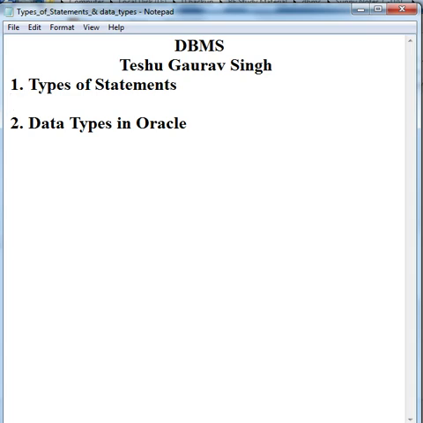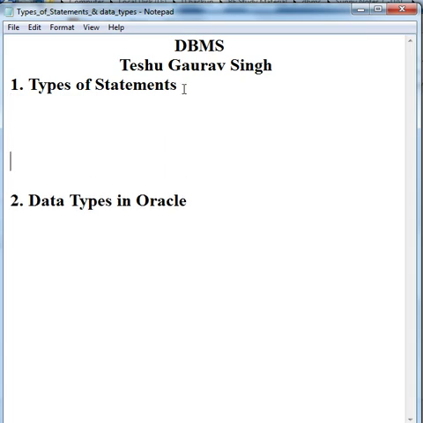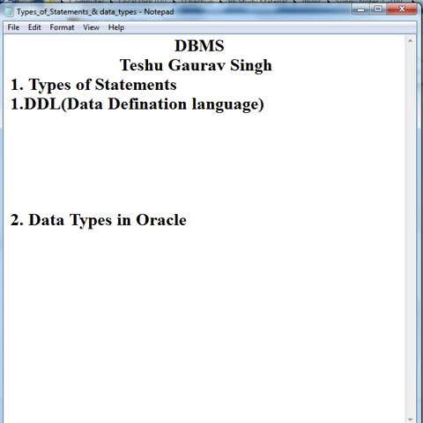Types of statements, as we earlier discussed, are: first, DDL command, that stands for data definition language, in which we define the table. Second, DML, data manipulation language.